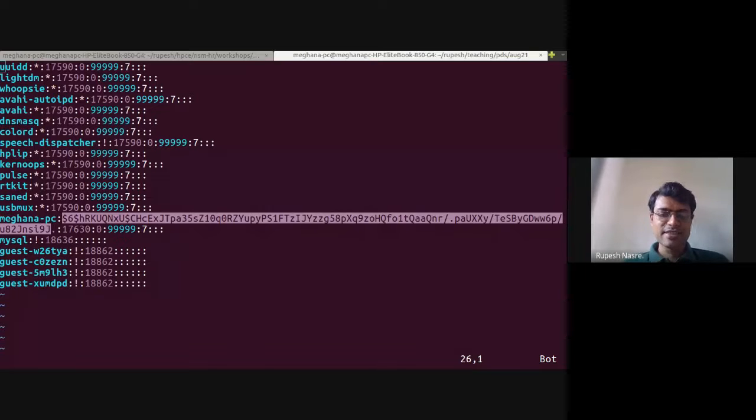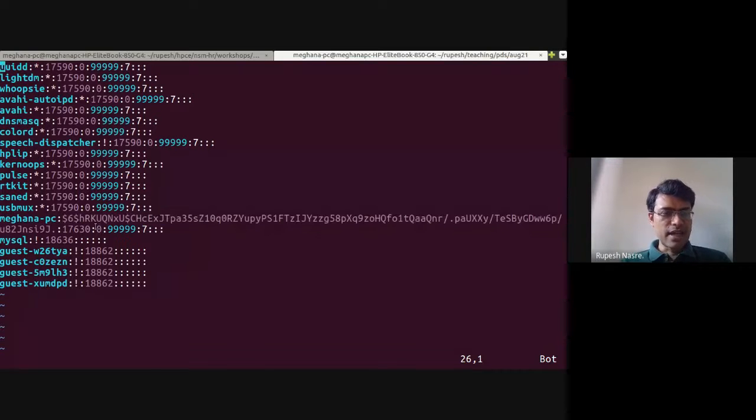With what hash? Typically the first 2 characters is what I know of. I don't know if it has changed now. The first 2 characters of this encrypted text is actually the seed. It could be more now, but earlier it used to be the first 2 letters. Using this seed, I apply a hash function. That hash function is also known, by the way.